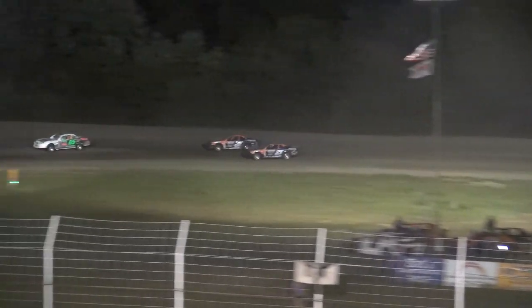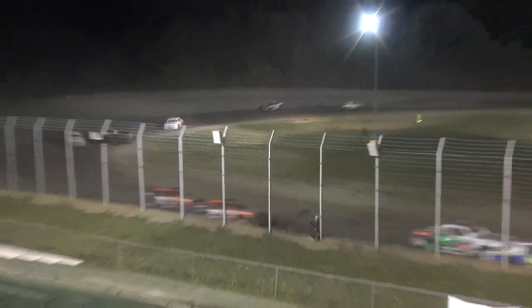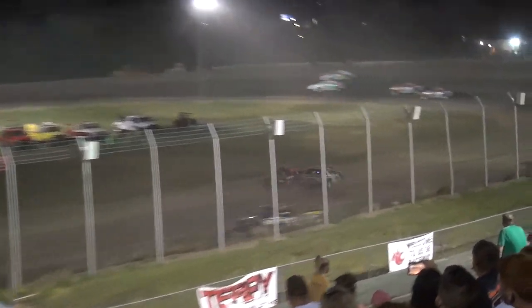Jason Estes again fades ever so slightly in turn number 3 and 4, gathers that car back up. Mick Ross hangs on in that 2nd spot. He is all over the back deck lid of the 997 as the laps continue to wind down. IMCA Sport, as 2 cars get together and into the infield they go. Looks like Josh Steele will make it on through the...